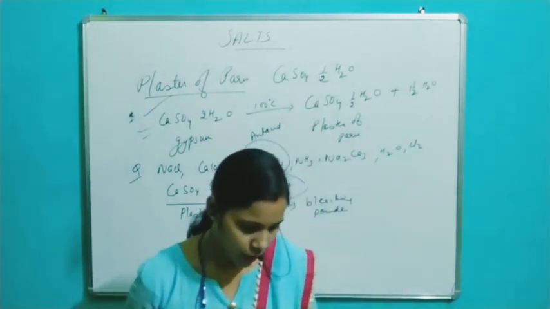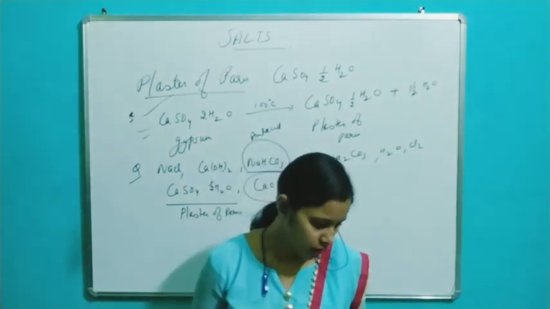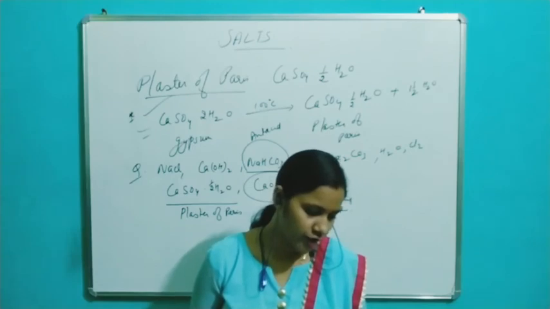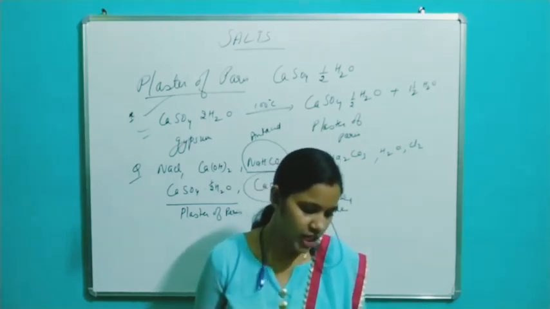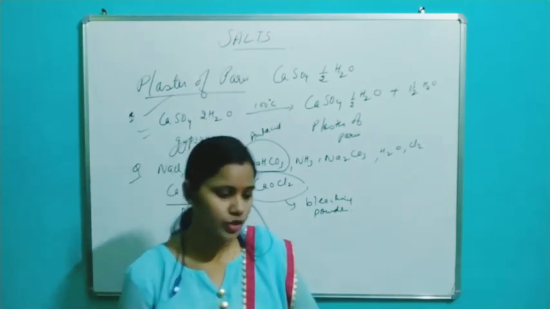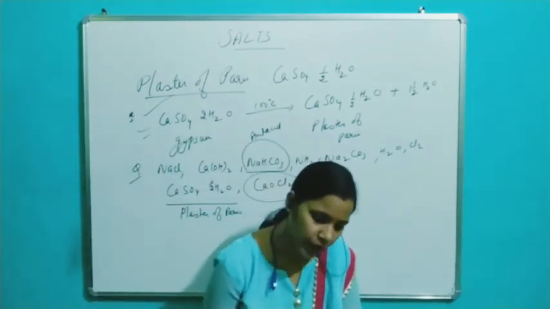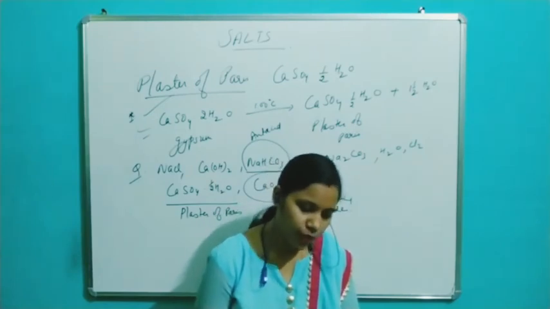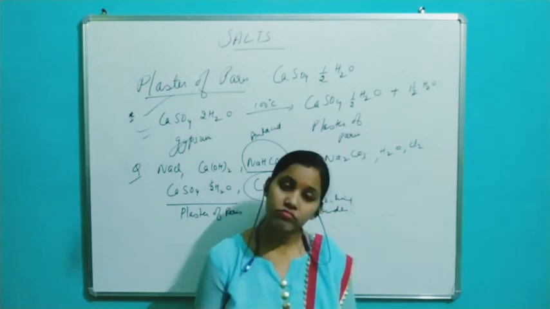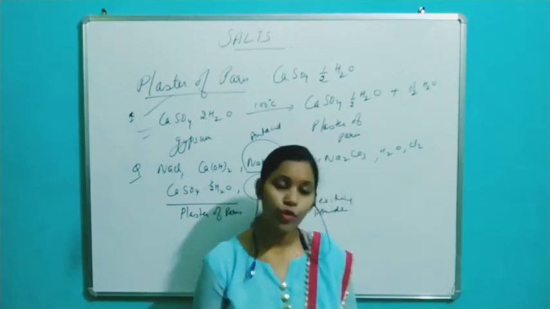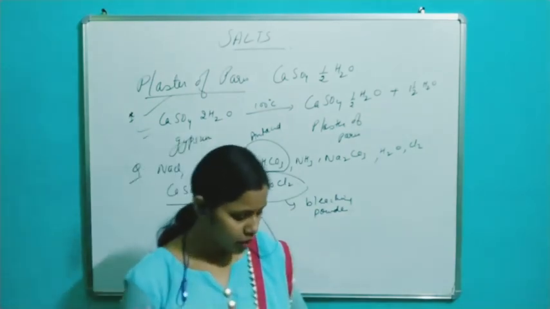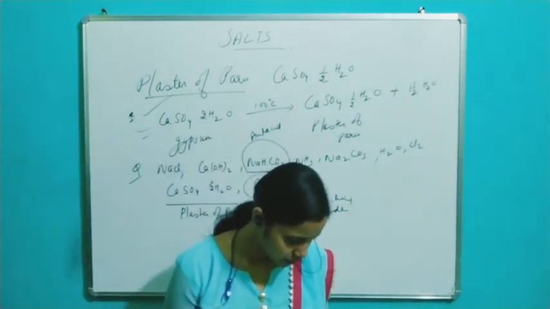So what is that? One example each of a salt which gives an aqueous solution having pH less than 7. pH less than 7 means it is acidic. Just now we did an example of ammonium chloride. pH equal to 7 is NaCl, right? Then pH more than 7, just now we did, that is sodium carbonate. So this type of question is asked.